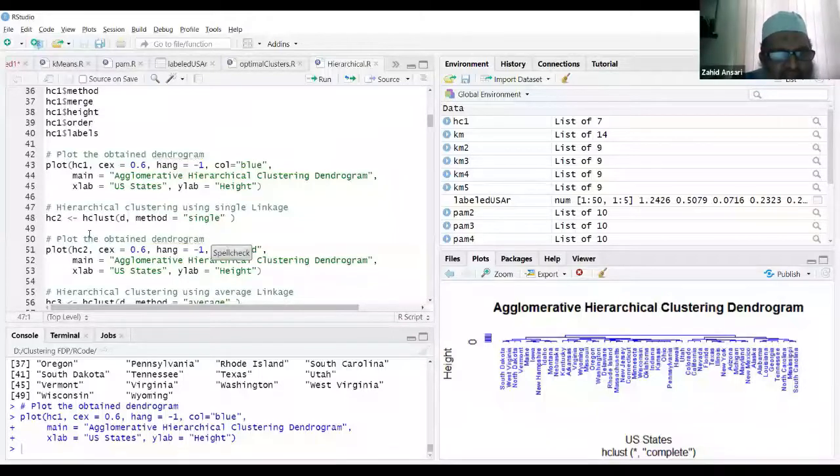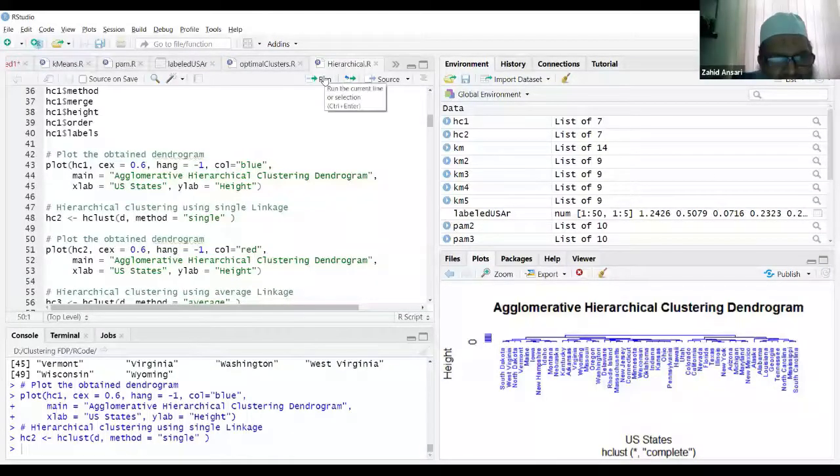Now let's say we perform the same thing, the hierarchical clustering, but we change the link to the single link. So I have changed the link to the single link, and I will draw my dendrogram again. It will result in a different kind of dendrogram. I'm displaying the old dendrogram with the complete link. It is a little bit symmetrical, like two large clusters. There will be some difference if we do it with the single link over here.